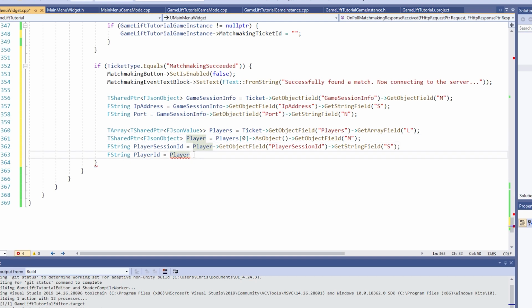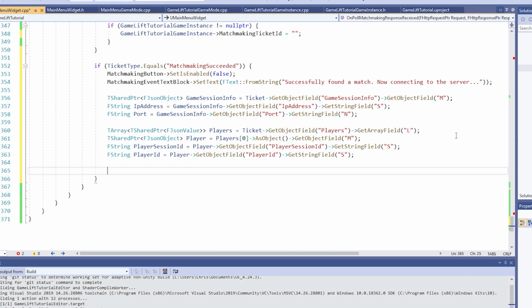So as I was saying, player arrow GetObjectField("playerId"), and then arrow GetStringField("S"). Then let's combine the IP address and the ports so that we can connect to the server, and store that value in a variable of type FString called levelName, and set that equal to IPAddress + ":"